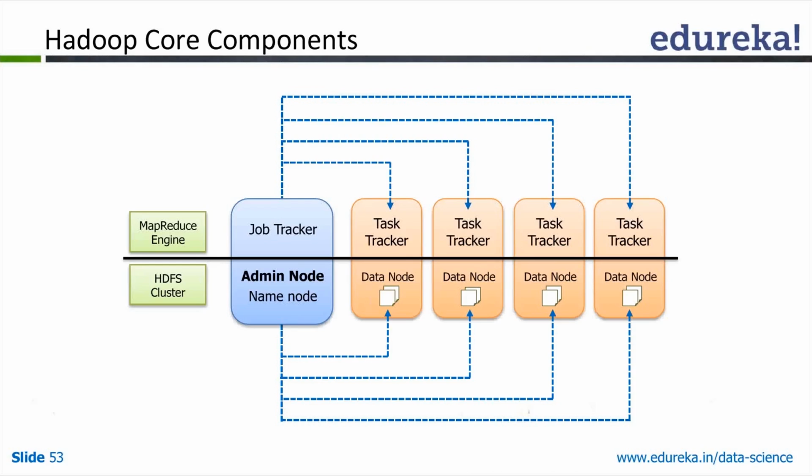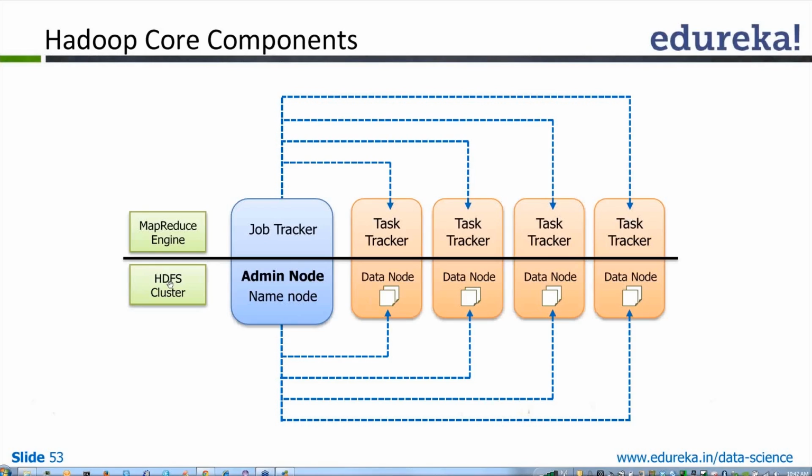Okay, so yeah, we don't need to go into the core components as of now. This is going a bit into the architecture, but the primary thing I would like to mention in this particular slide is the two aspects of the core Hadoop. One is the HDFS cluster, which is on the bottom. So HDFS is the Hadoop Distributed File System. Okay, and that is the component which is responsible for storing your datasets.